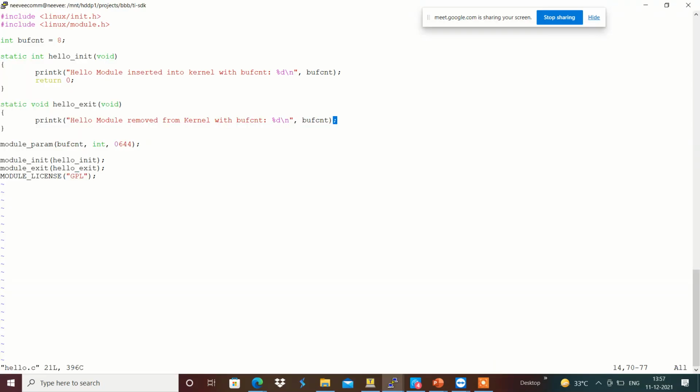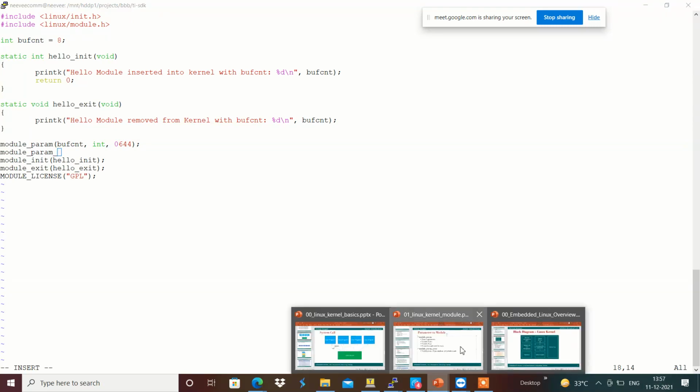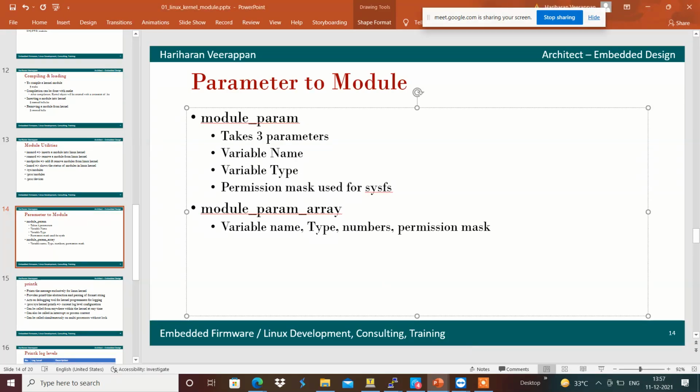In the same way, we can provide array information as well, with the help of something like module_param_array. It takes the variable name and type, whether it is an integer or character, the number of counts we will have, and the mask.